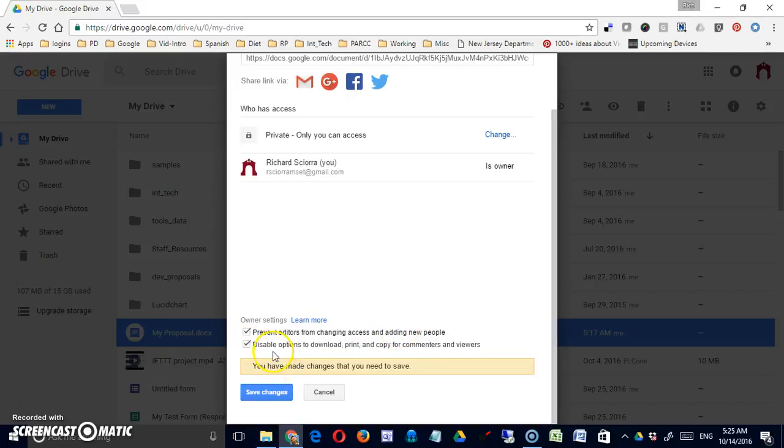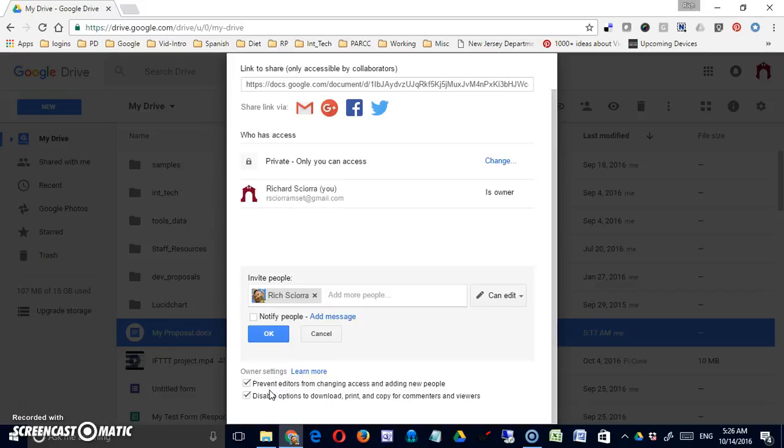I can also disable the option to download, print, and copy for commenters and viewers. So an editor is still going to be able to do that, but someone who only has view or comment options is not going to be able to download or print. It's going to make that much more difficult for them. Let me save that. And then if I say OK,